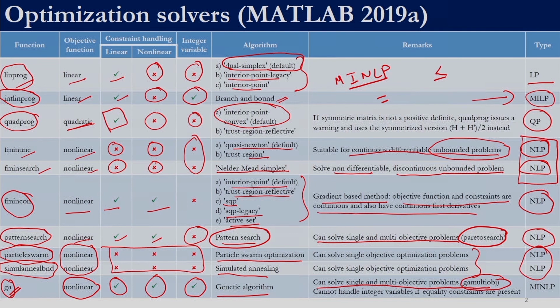Again, remember, we have not looked into many of these algorithms. We have only looked at particle swarm optimization and the genetic algorithm, and we will be looking at the simplex method. Otherwise, we have not looked into how the underlying algorithm is performing. There are various courses under NPTEL itself which cover many of these algorithms, so if you are interested, you can go and have a look at those videos. Now, we will look into these functions which we have selected as part of this course.